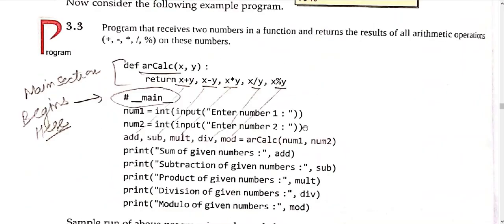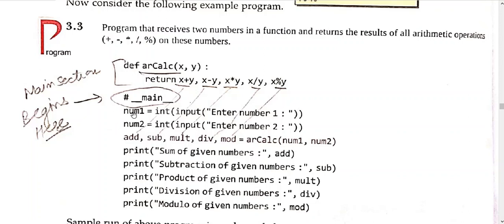Okay, now let us see one program related to the same. So here is the function definition. Okay, area calc is the function name. Firstly, this particular function header will be executed and this statement will be ignored. Now num1 will be entered by the user, num2 will be given by the user itself. Then you can see num1 and num2 have been obtained, and how many variables are used? 1 2 3 4 5. So 5 values are going to be returned.